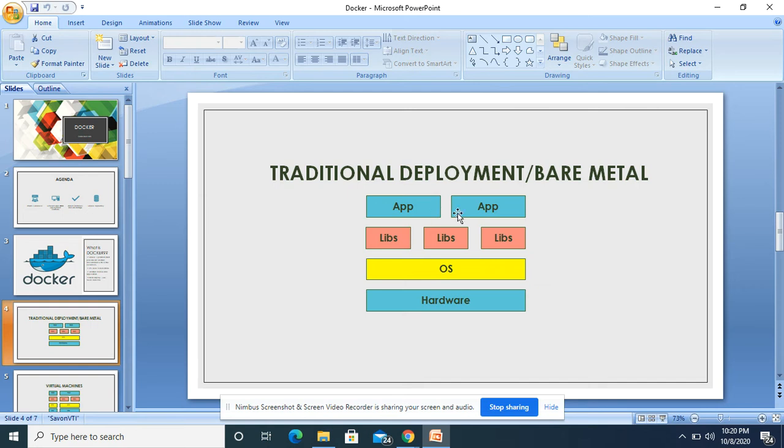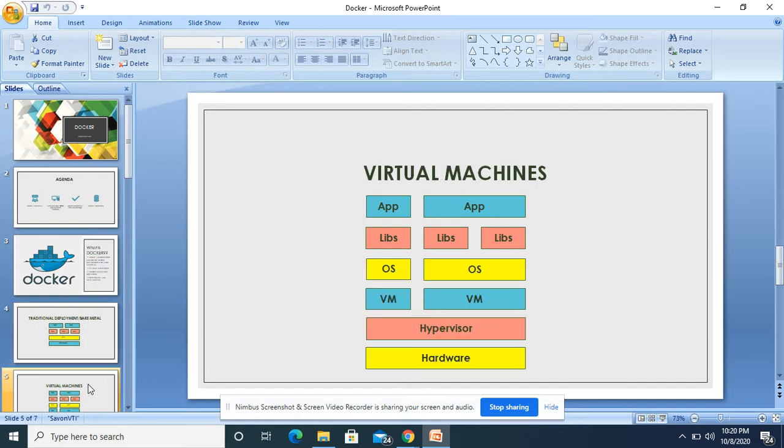When these issues arise, we have to move away from bare metal and come up with the idea of virtual machines.